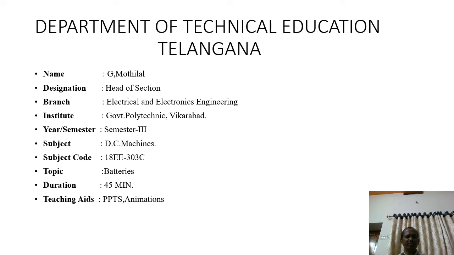In previous class, we learned about lead acid batteries, their working, chemical reaction when discharging, charging, recharging, everything we have observed. Now, in this class, I am going to discuss about batteries, their ampere hour efficiency, watt hour efficiency, the applications, EMF equation of the battery. This we are going to explain in this period.